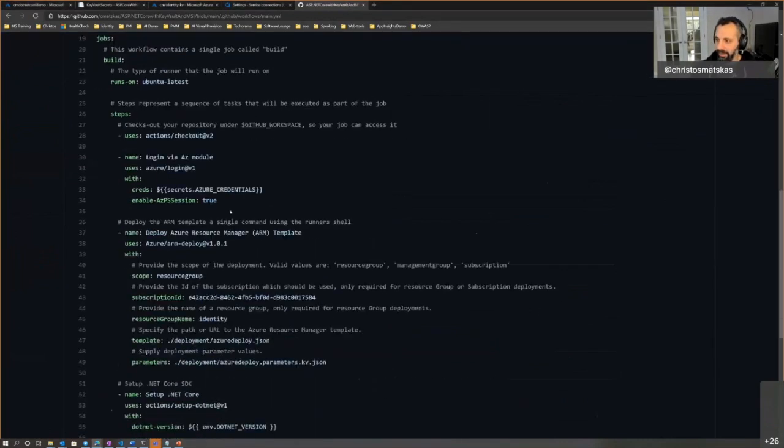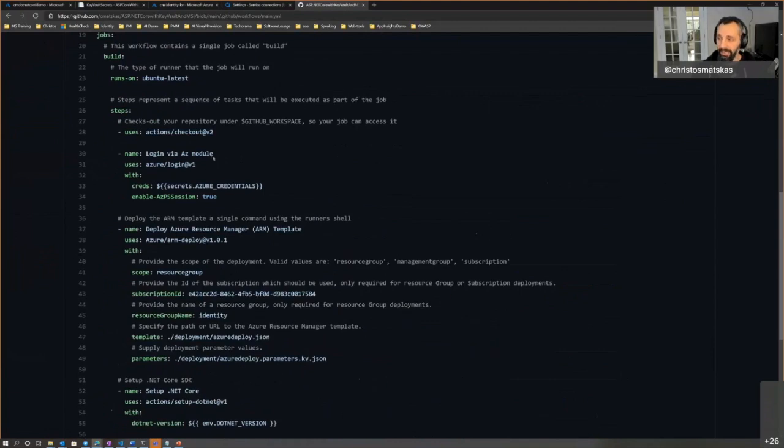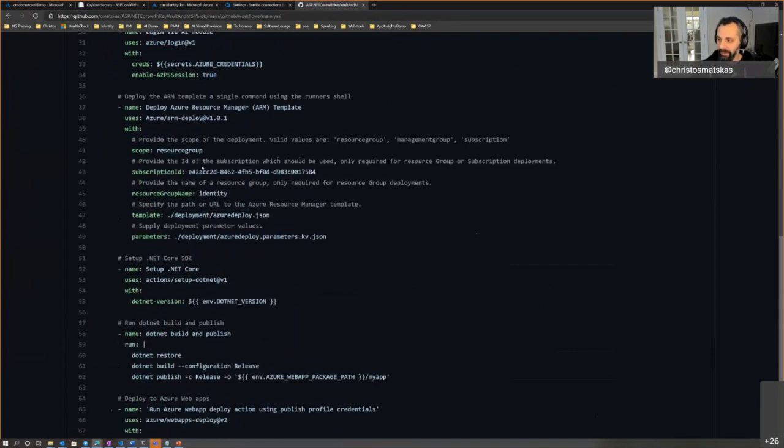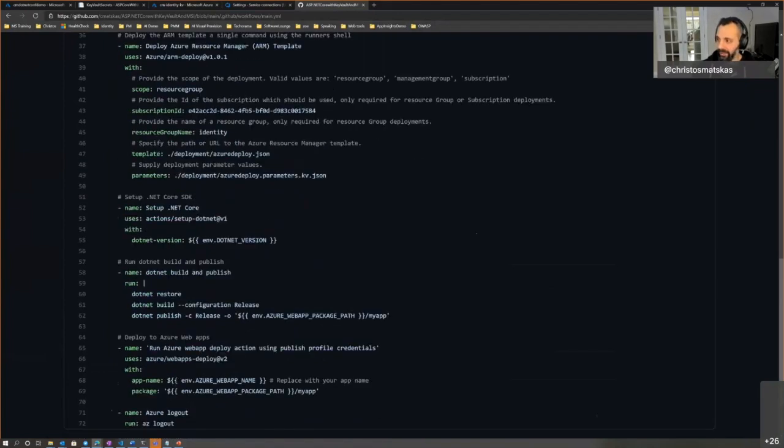And then down here, I am authenticating with the Azure CLI. So I'm grabbing the appropriate permissions. But in this instance, I'm not using my own account. I'm using a service principal account, which I created and assigned to this GitHub repo. And then from there, I'm deploying things using that account. So this one is deploying my ARM templates. You'll see it's using the Key Vault version. And I don't have to pass secrets anywhere at all, which is awesome.